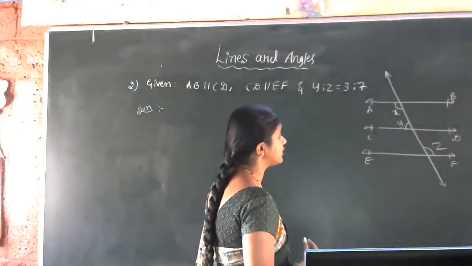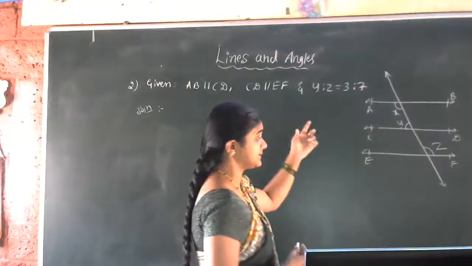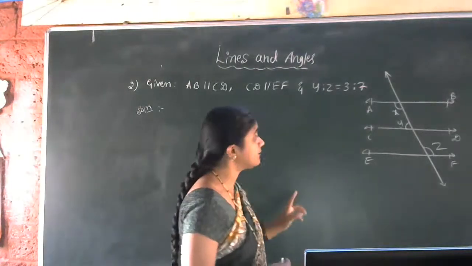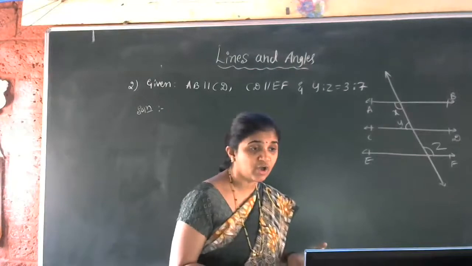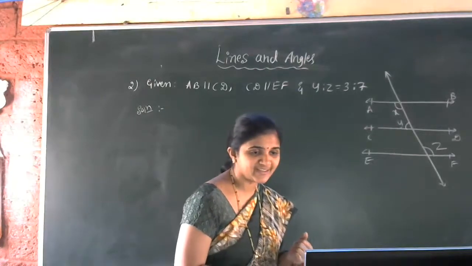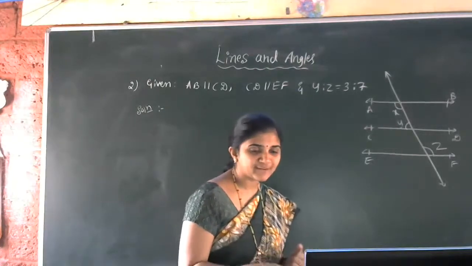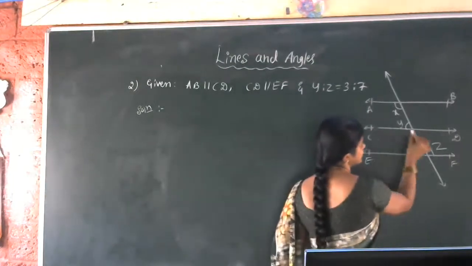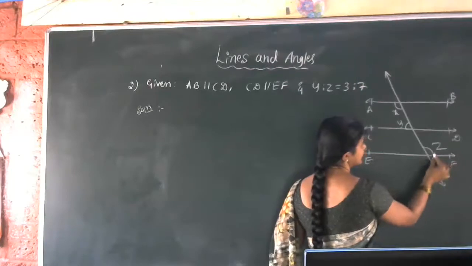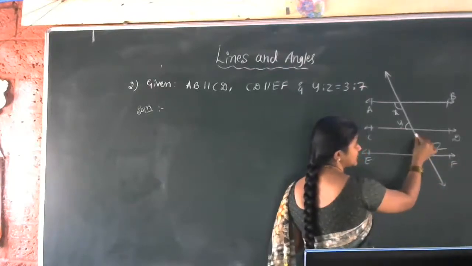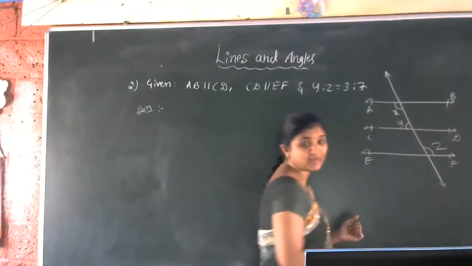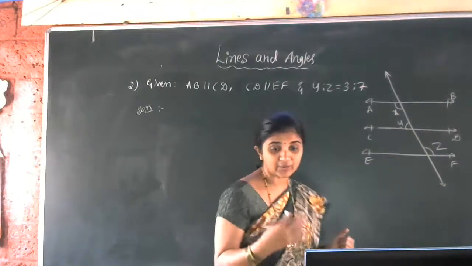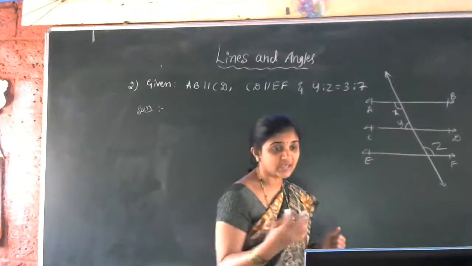If we use alternate angle topic, then angle X is equal to angle Z. But we don't actually know Z, no? How can we work out that Z? Alternate angles in the sense angle Z is equal to, okay, here we have to use alternate angles. Linear pair, yeah. So I got the idea of what you are trying to tell: interior angles on the same side of the transversal.